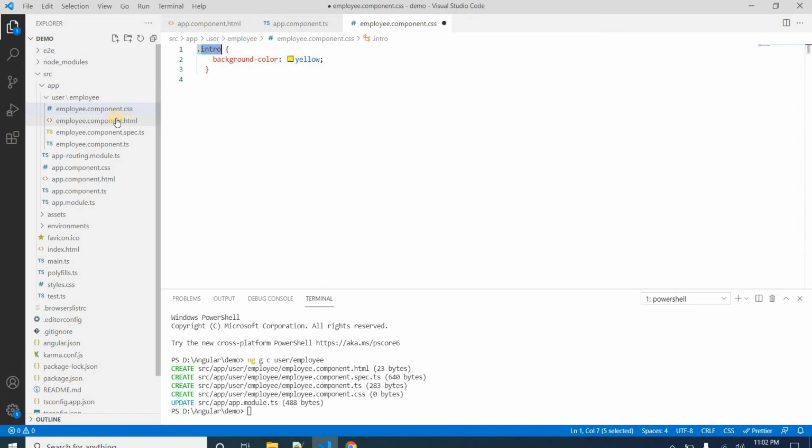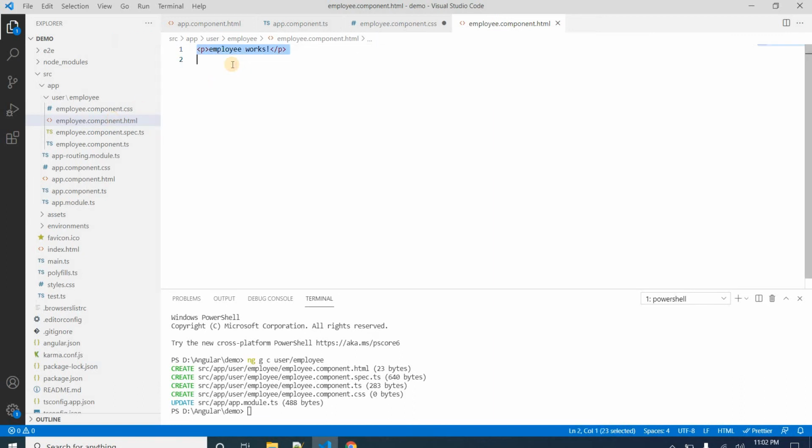And another part of the component is the HTML file. Here we can use the tags from HTML. For example, let me use a div tag whose class is intro.